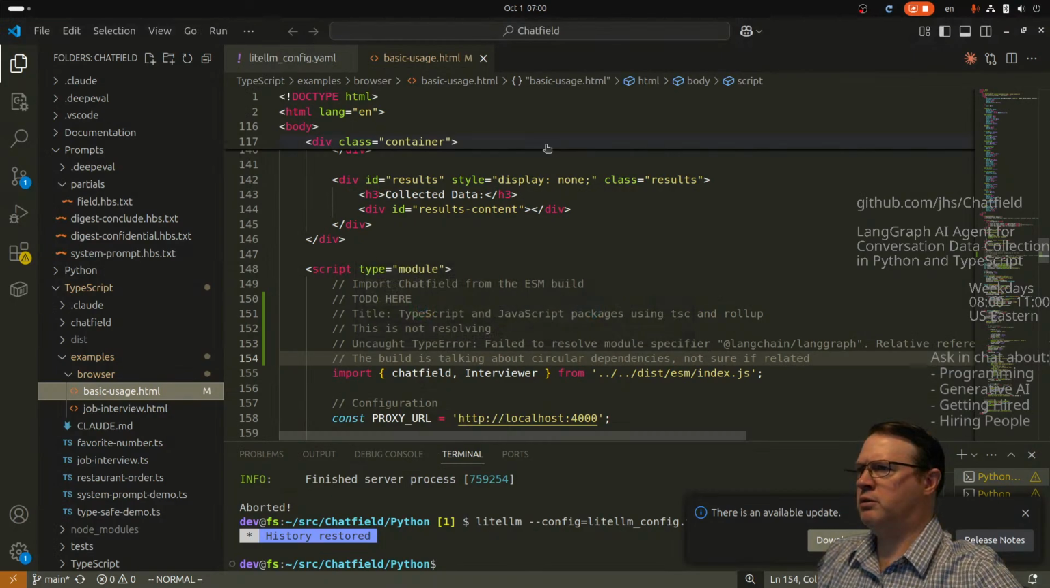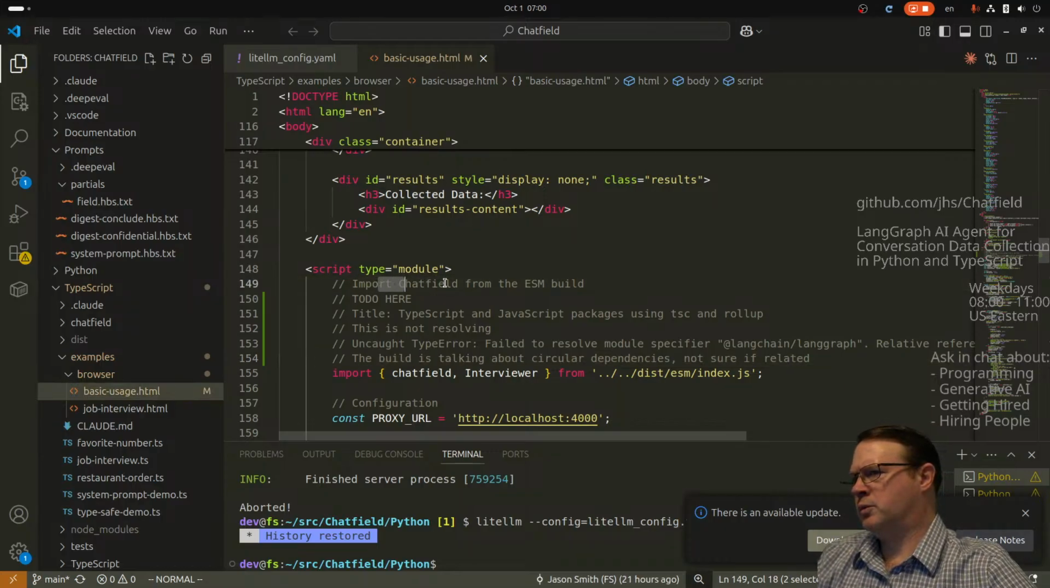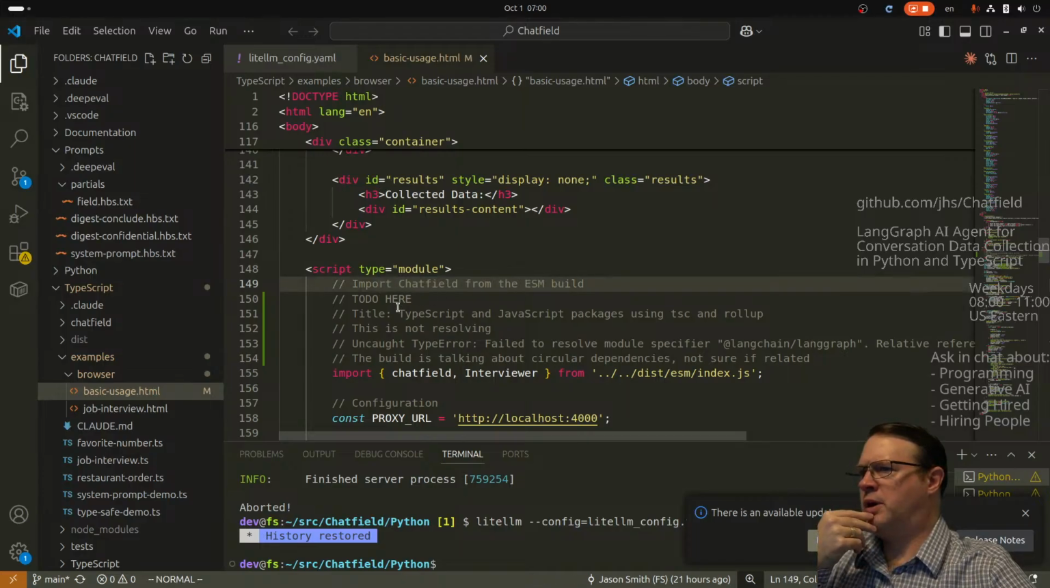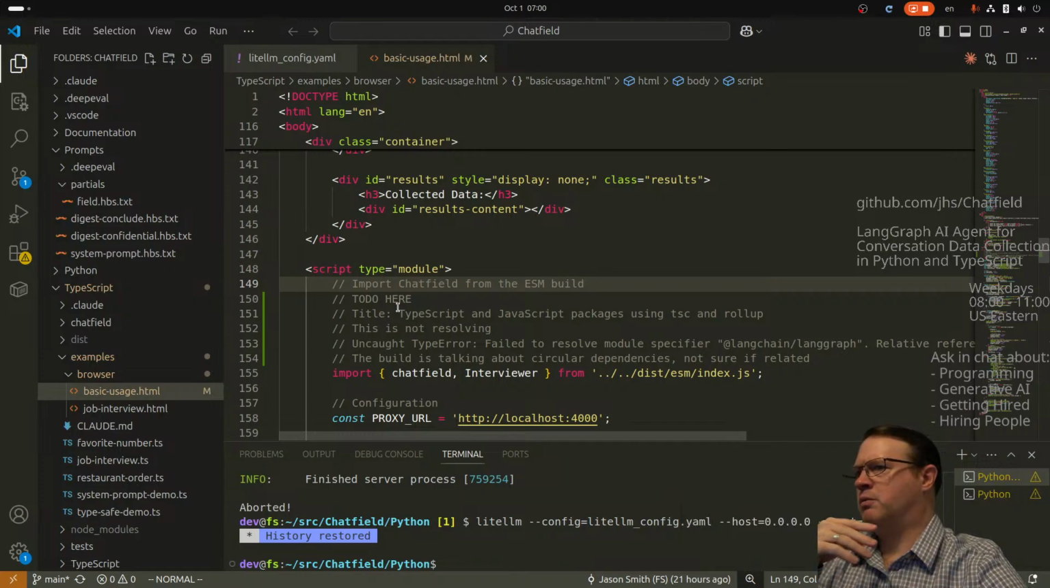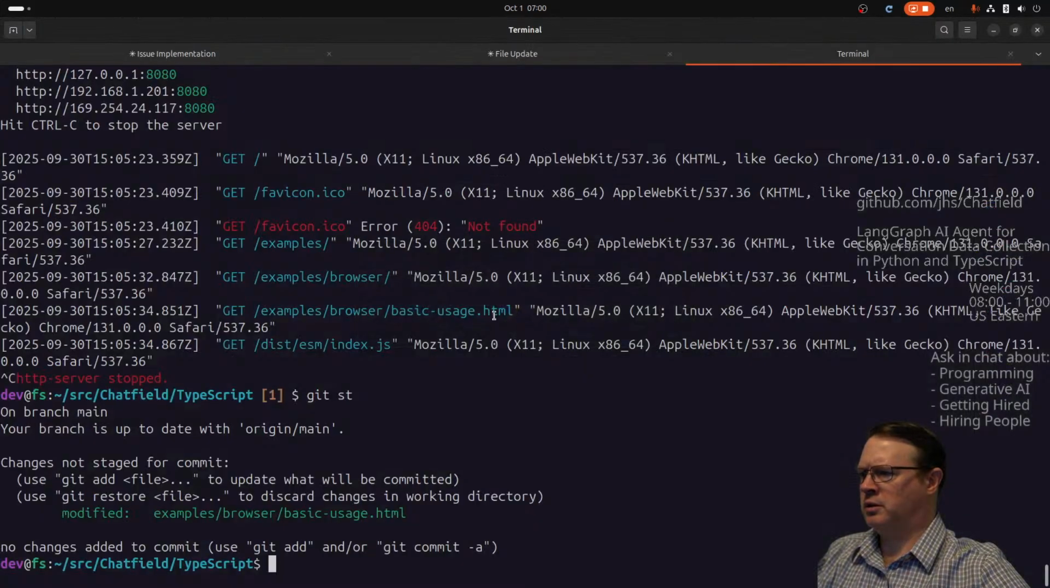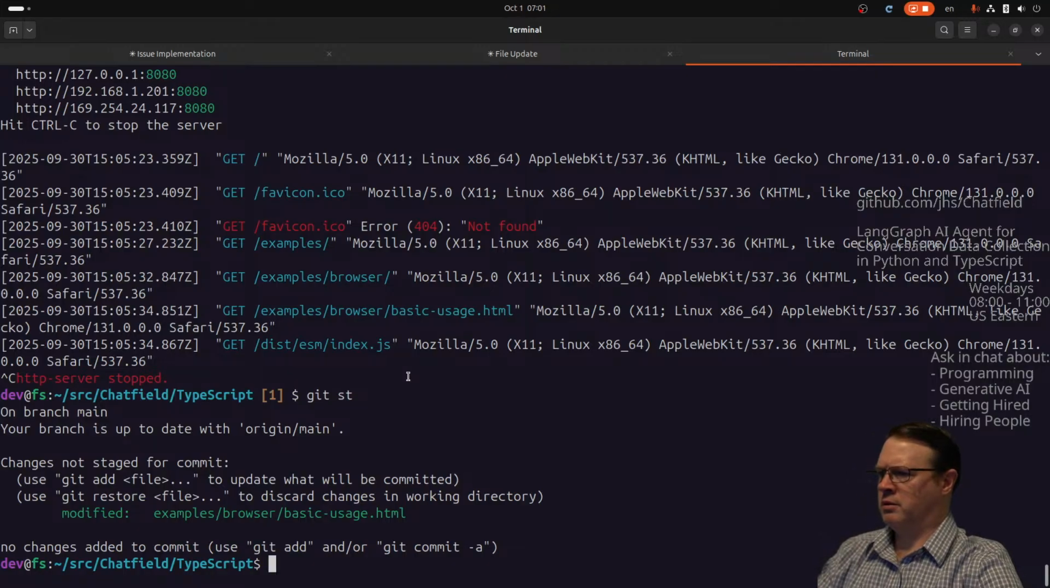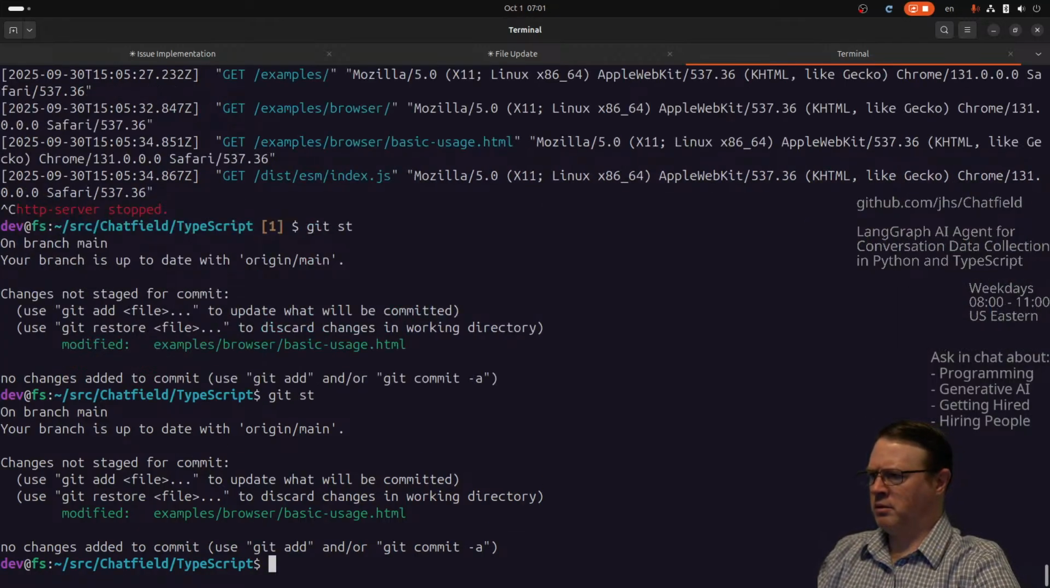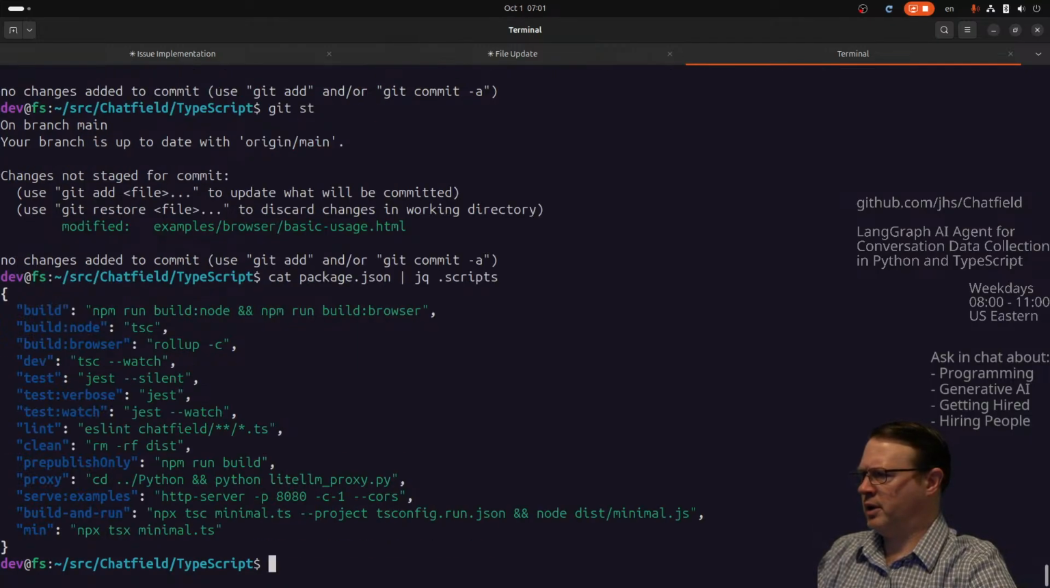Oh, right. So I wrote the ESM build. Let me think. Do we want to get TypeScript working first, or do we want to get JavaScript working first? I think JavaScript. Let's see. The scripts in the npm package are